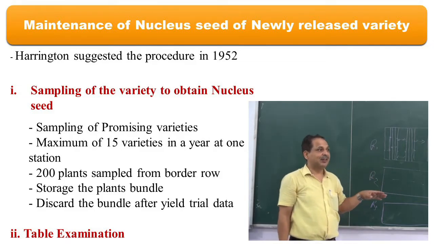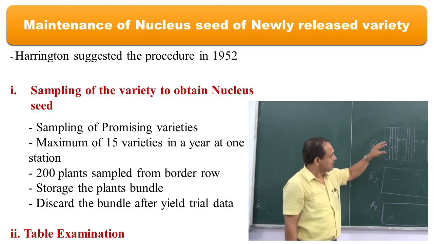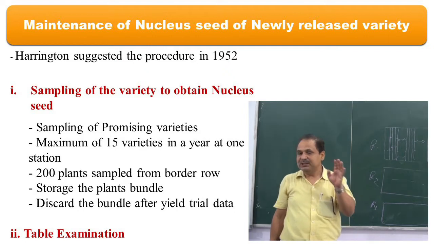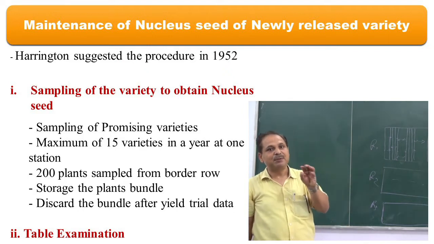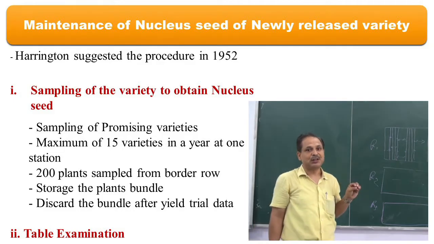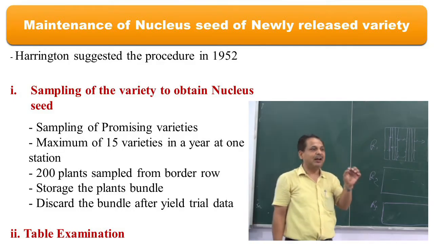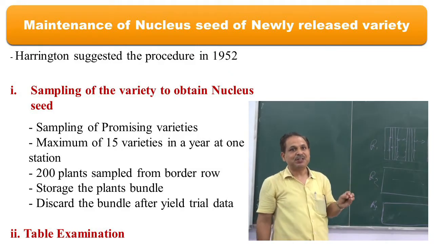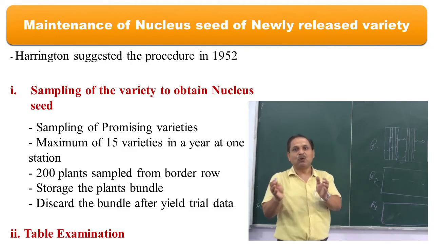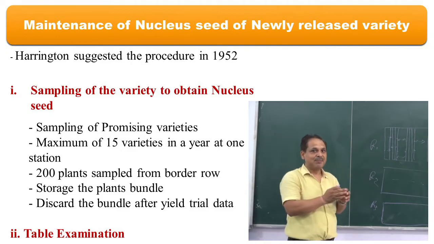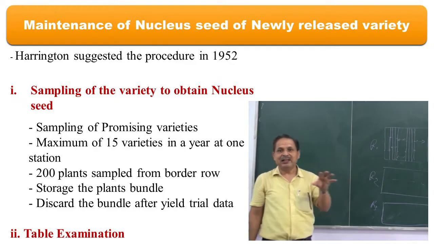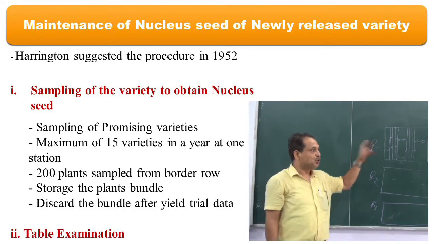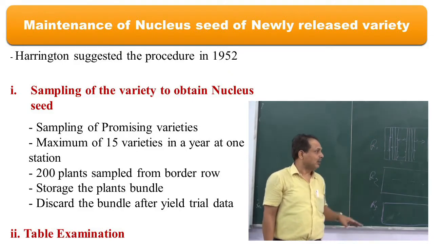And thereafter we just take these 200 plants, and they will be harvested at the time of physiological maturity. Each and every sample plant is separately kept, separately wrapped in a cloth, and made into bundles. We keep them separately, and simultaneously we have the IVth trial data, and which ones are good,